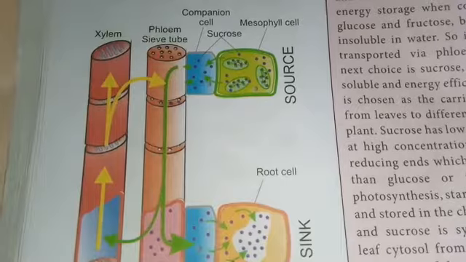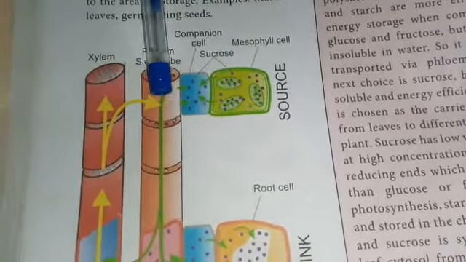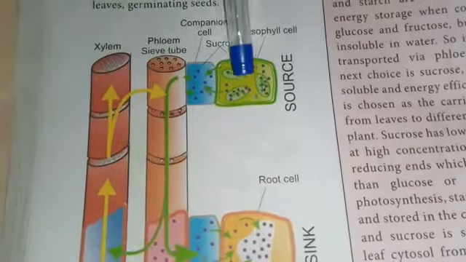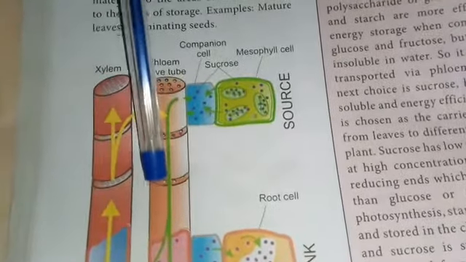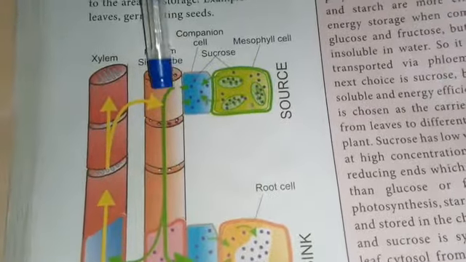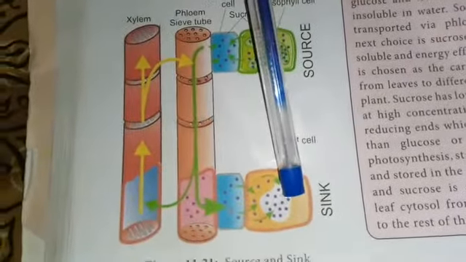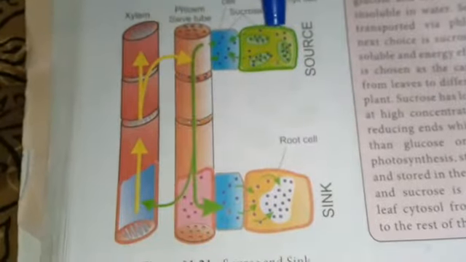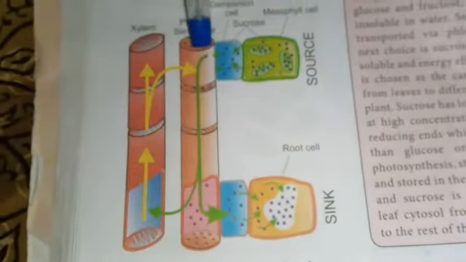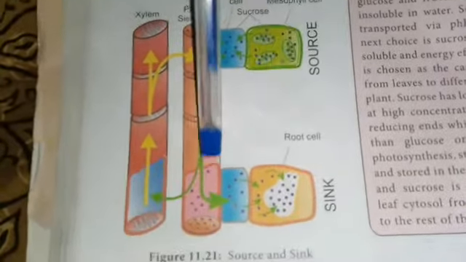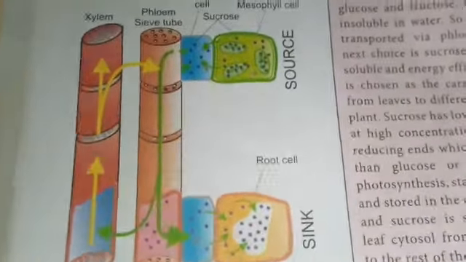In the second step, the sucrose moves from the mesophyll to the nearby sieve elements over a short distance. So the food materials present in the leaf are moved to the sieve elements by short distance transport. And the third, from the sieve tubes to the sink, is a long distance transport. So source to the sieve tube is a short distance transport, whereas the phloem to the sink is a long distance transport. These are the 3 steps involved in phloem loading.